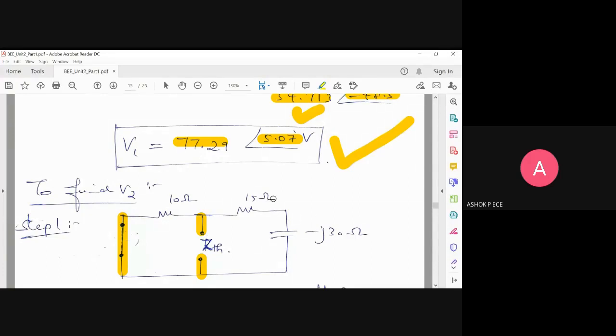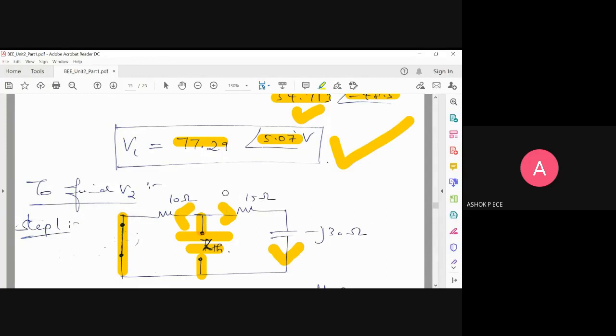The diagram is shown to you now. The 15 ohm resistor and the capacitor are in series, and 10 ohm is in parallel. Yes. Everybody agreeing with that? How to find that? I told you, assume an imaginary voltage source is there. The current coming out of the voltage source is split into two like this. The same current flowing through 15 is going to flow through minus J30. So when the same current flows, it is in series. And the current is splitting here, so 10 ohm is parallel with these two in series.